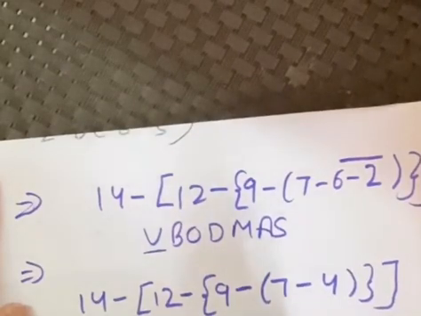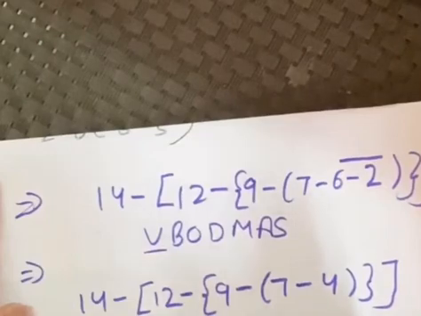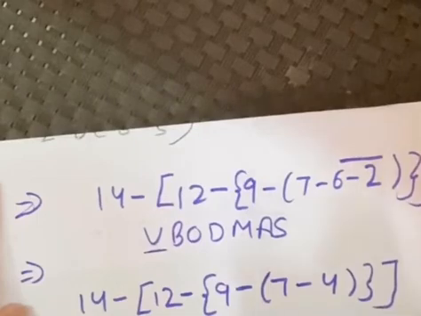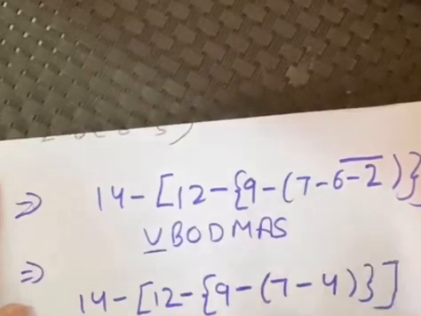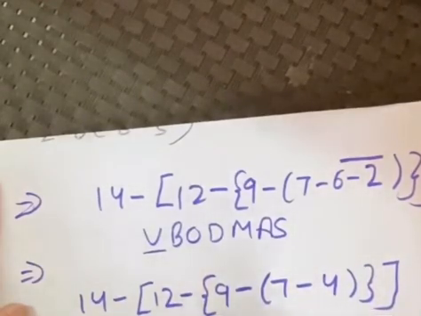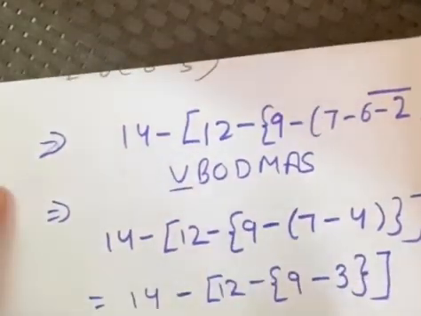that is 12 minus, in curly bracket, but we are having in round bracket, 7 minus 4, which is equal to 3, curly bracket. Now we are going to solve the curly bracket first, that is 14 minus 9 minus 3, that is 6, in square bracket. So 14 minus 12 minus 6 is 6. Sorry, we are already removing this square bracket. So it is 14 minus 6, which is equal to 8.